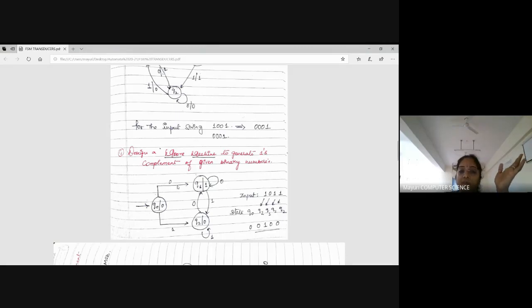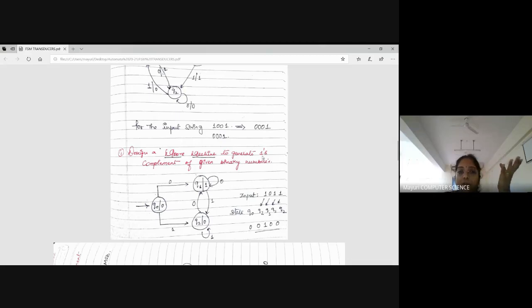When I provide the input 0, let me go to a state called Q1, and fix its output as 1. For the input 0, output is what? 1. Don't worry about the terminology Q1, Q2, Q3. It's left to you. I may use A, B, C, D also for the states. In a few books, they have given A, B, C for the states. Here, a lot of importance is on input and then output.